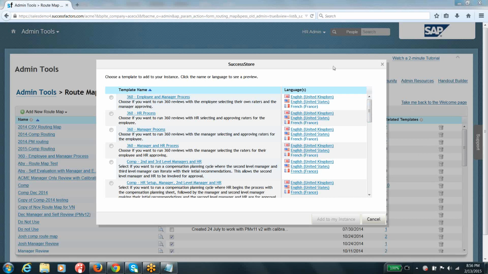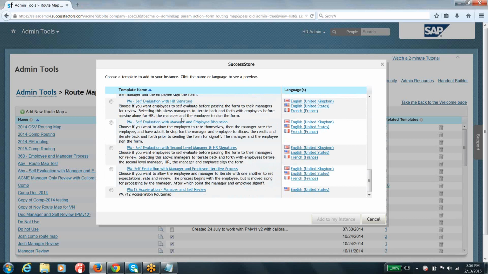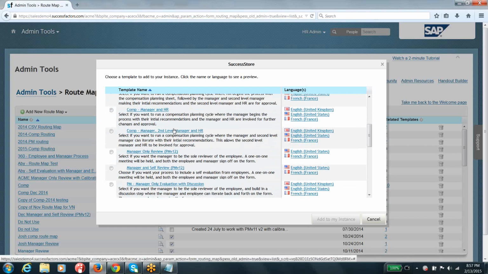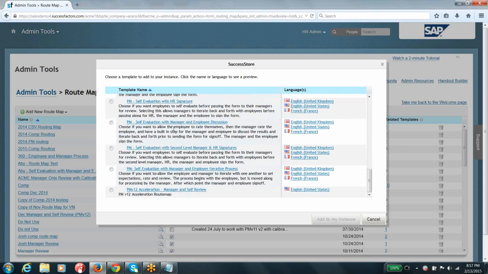So when you configure the system for the very first time after your go live, you don't see any roadmap in your system. Even though they are standard, you have to go ahead and add them manually from the standard SuccessFactors library, guys. Based on the modules that you activated, SuccessFactors has provided standard roadmaps. As you can see right now in our system, we have 360, compensation, performance, and all these roadmaps associated with the corresponding module. The standard SuccessFactors provided roadmaps relevant to those particular modules are available here.